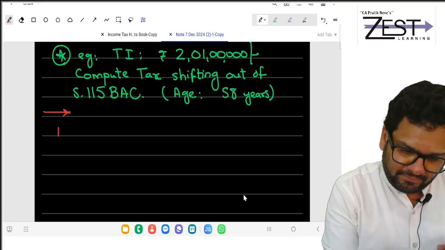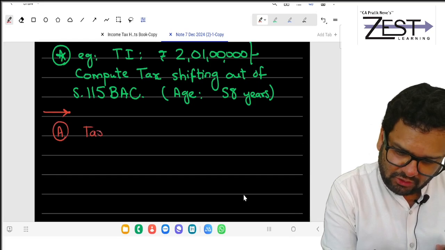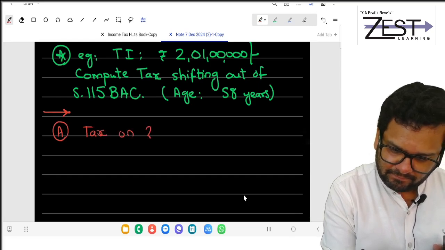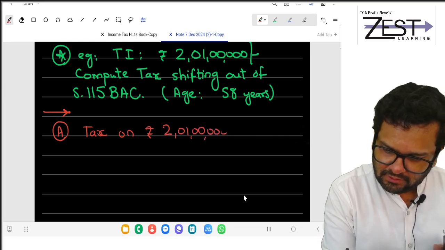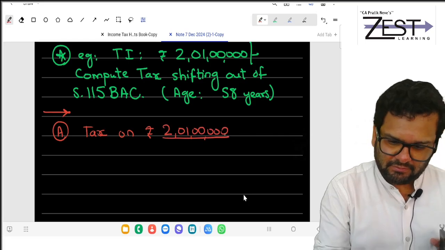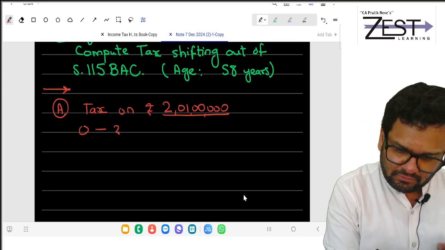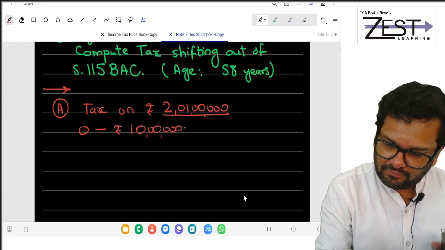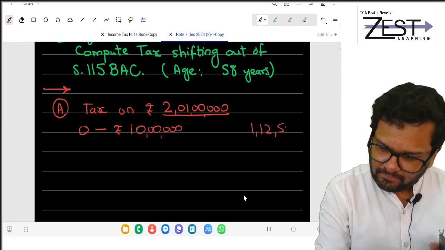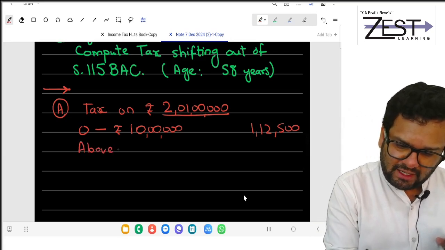A step. Compute tax on 2 crore 1 lakh. Can you jump? How? 0 to 10 lakhs. How much? 1 lakh 12,500. Above 10 lakhs,